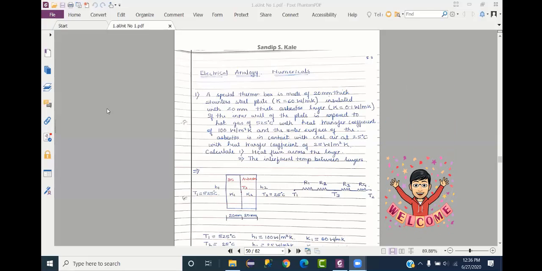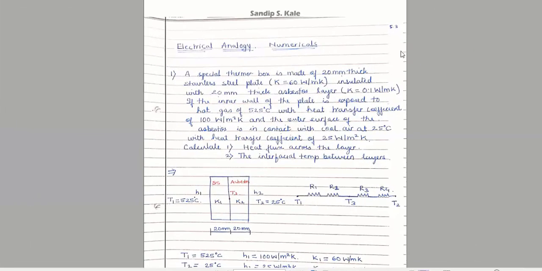So today we are going to start with the numericals. Till now we have seen the theory part, and now it's time for us to go through the numericals. Whatever you have studied, those concepts we will be applying, and accordingly we will solve the numericals. Before starting, one thing I want to make very clear: the subject heat transfer is a totally numerical oriented subject.